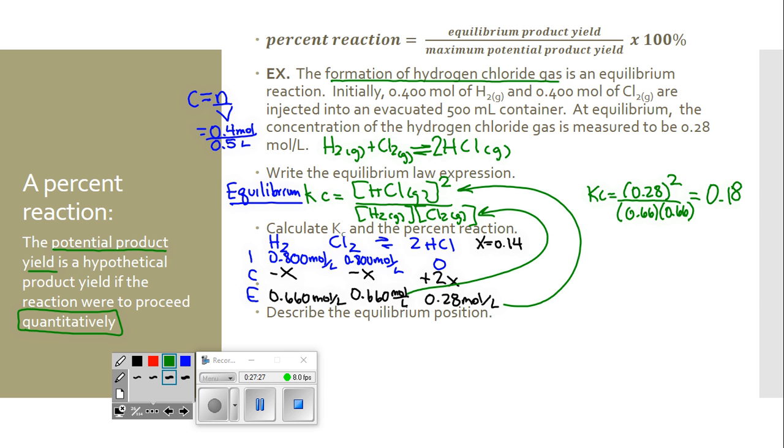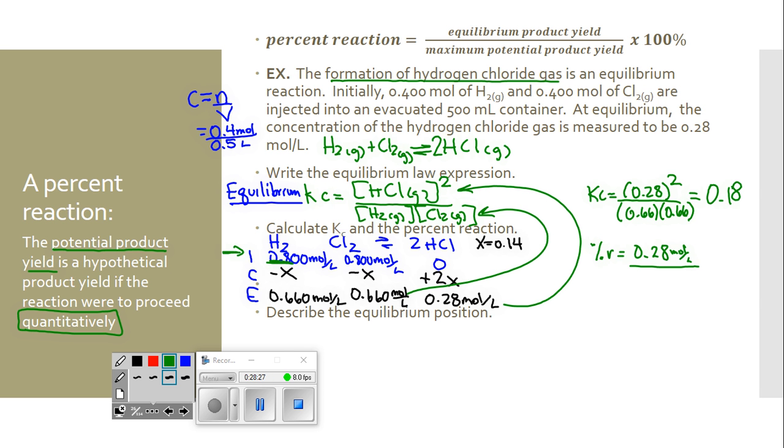The other part of this is to figure out percent reaction. So if I want to figure out percent reaction, I need to take the equilibrium product yield. So that's my 0.28 moles per liter, what I actually had as my product at equilibrium. I'm going to divide that by the most that I could have gotten. So if you think back to Chem 30 and you were thinking about stoichiometry and how to figure out what the limiting reagent is, you might have used some of these principles. But if I start with 0.8 moles of hydrogen and chlorine, there's an amount of HCl that I should get in the end. If I look at these initial values up here,